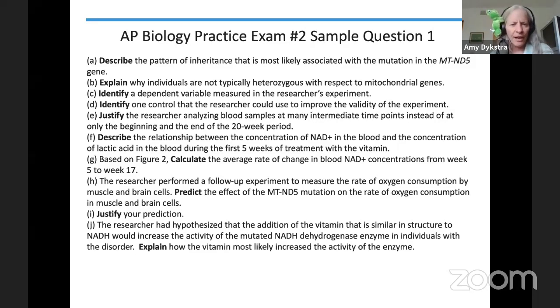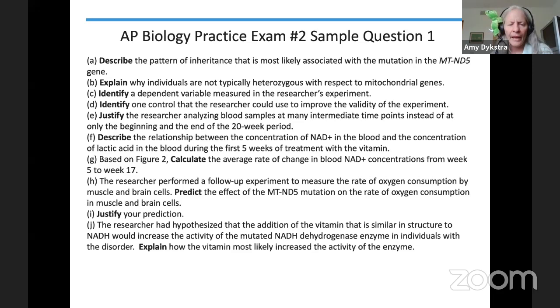E, justify the researcher analyzing blood samples at many intermediate time points instead of at only the beginning and the end of the 20-week period. F, describe the relationship between the concentration of NAD+ in the blood and the concentration of lactic acid in the blood during the first 5 weeks of treatment with the vitamin. G, based on figure 2, calculate the average rate of change of blood NAD+ concentrations from week 5 to week